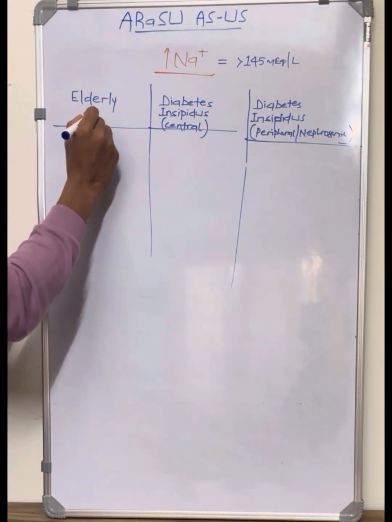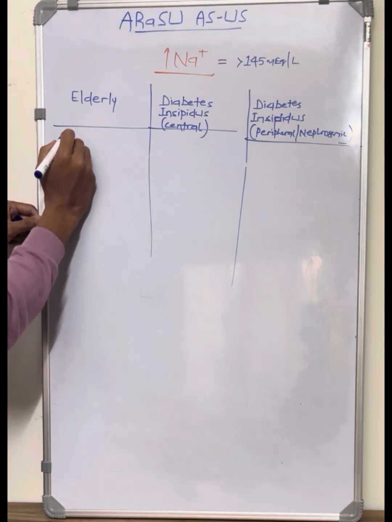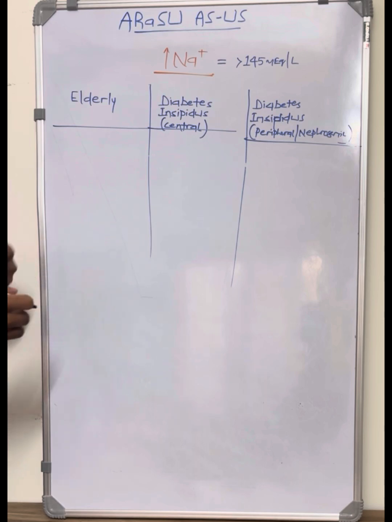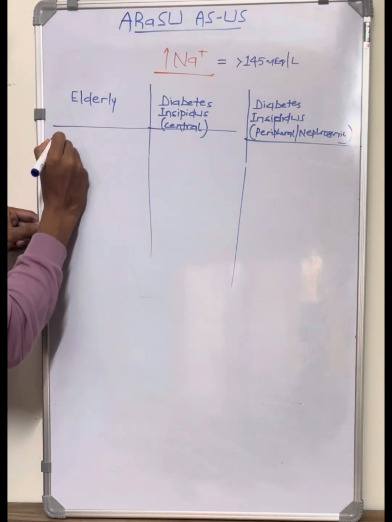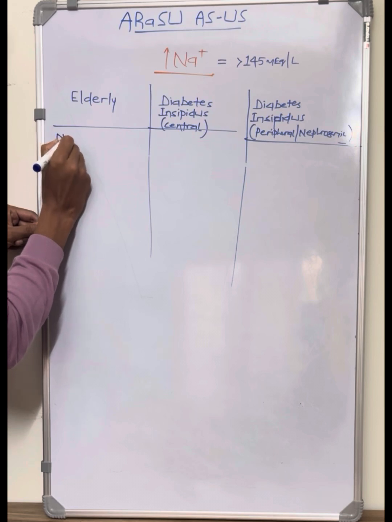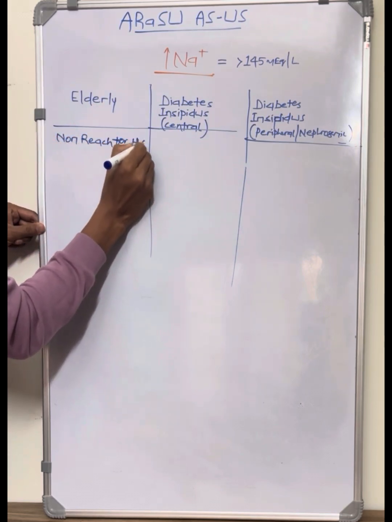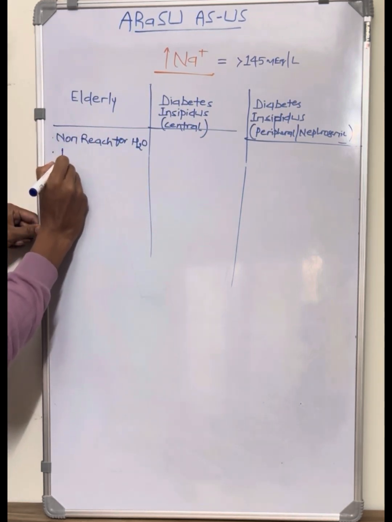Suppose the individual is elderly and has presented with hypernatremia. Generally, they will not be able to reach for water. Most of the time they will be bedridden or suffering with some illness, so they will not be able to drink enough water. So there will be non-reach for water, so history is important. Then there will be lack of thirst, so decreased thirst,